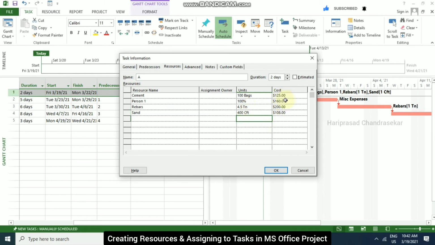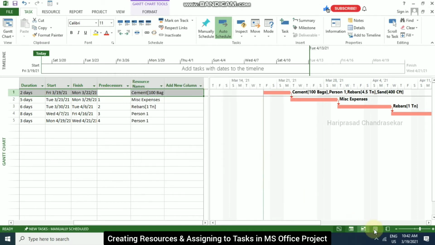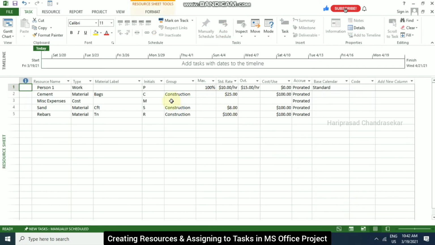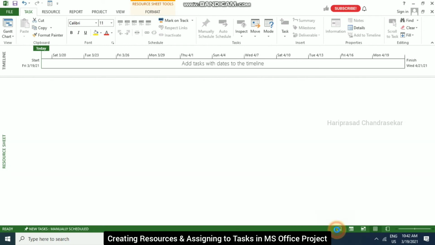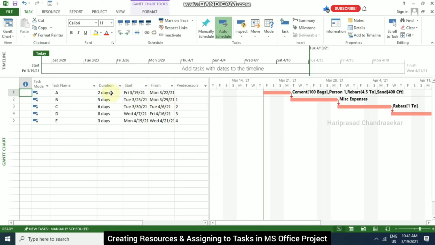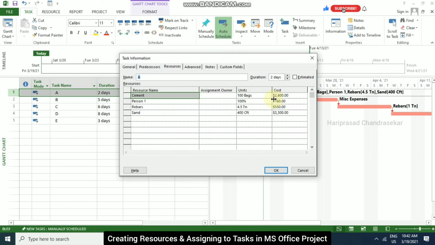See here the cost is automatically 125. But why? I'm just clicking OK. We have cement only 100. We have a standard rate of 25, and it is also calculating cost per use. So 125, that's why. So this 25 will not get multiplied by how much you put, 100?